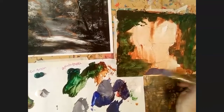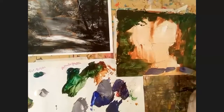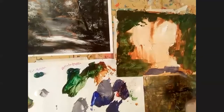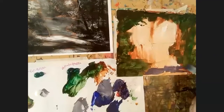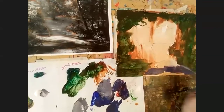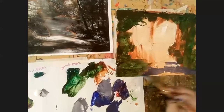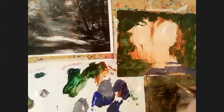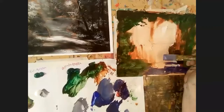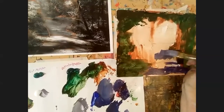And notice I'm using a pretty big brush, and see how I'm kind of scraping, dragging across. This is actually a brushwork thing sort of happening now. We're dragging across here. This is all just the path. And then up in here, which is a pathway in the shade,